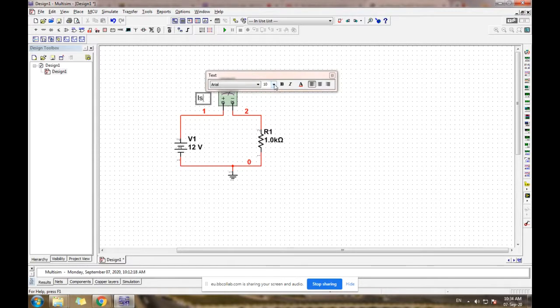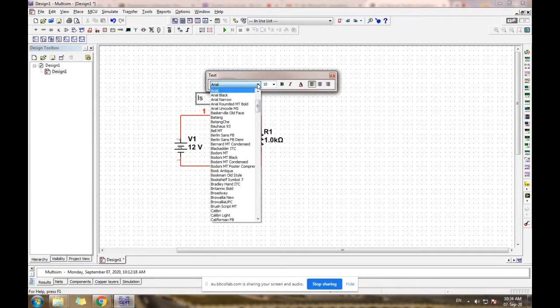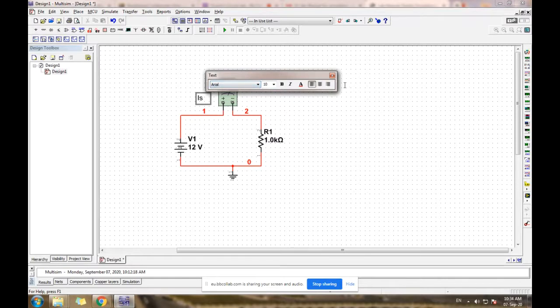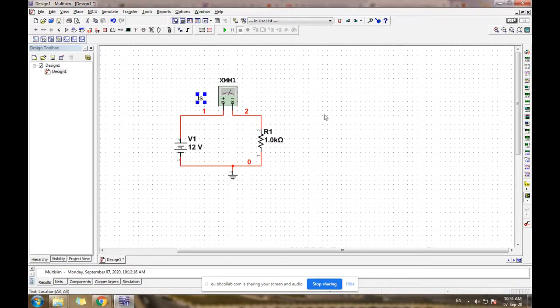Okay, you can change the font size and the font, bold, italic, underline, center, whatever it may be. And you can move it as per your choice. It is only for reference, so that you do not get confused about which is which. For example, in later experiments, here there is not a problem because we are using only one multimeter. If we are using 3 or 4 multimeters, you should be clear which one is which.